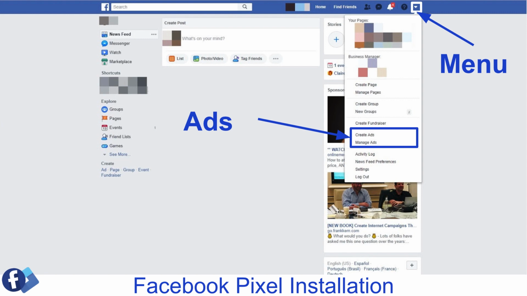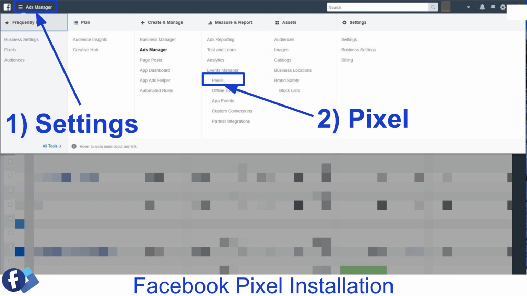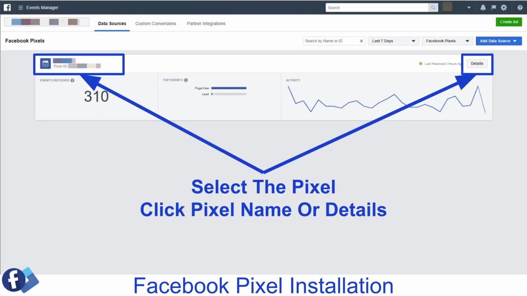Otherwise, you can go ahead and click on Manage Ads and then select the account that you're going to be doing this for. So once you're in your Ads Manager, we've clicked up here in the top left, and we've clicked on Ads Manager, and then we've clicked All Tools, and we're looking at everything we have access to inside of our ads or business manager. So we're going to go ahead and click on pixels. If you haven't set one up yet, this page is going to show you an option to create a pixel for the first time.